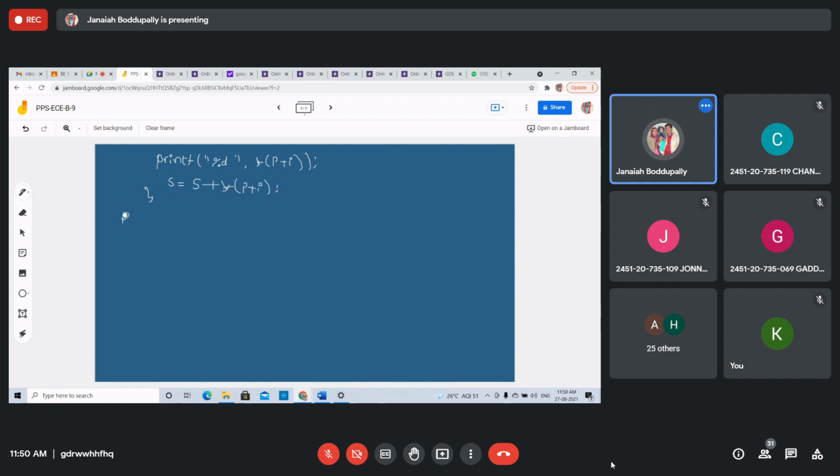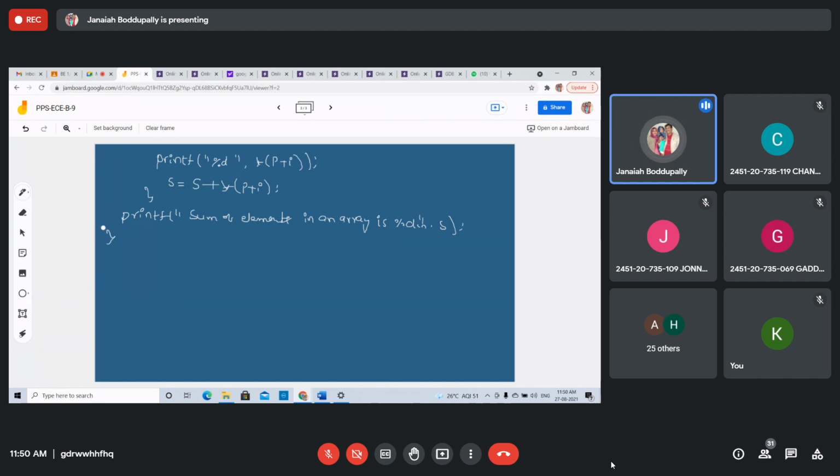Finally, printf sum of elements in an array is percent d, then sum. That's it. Very simple program.